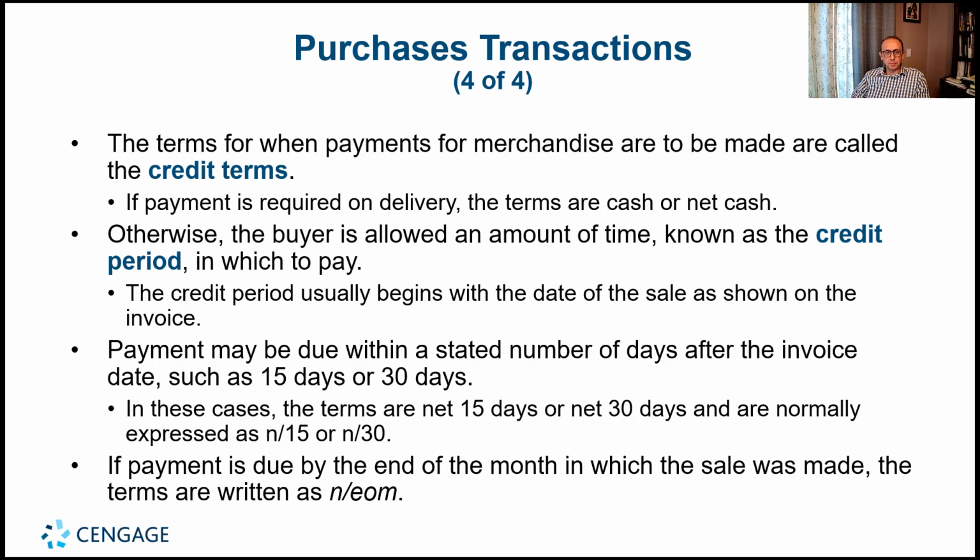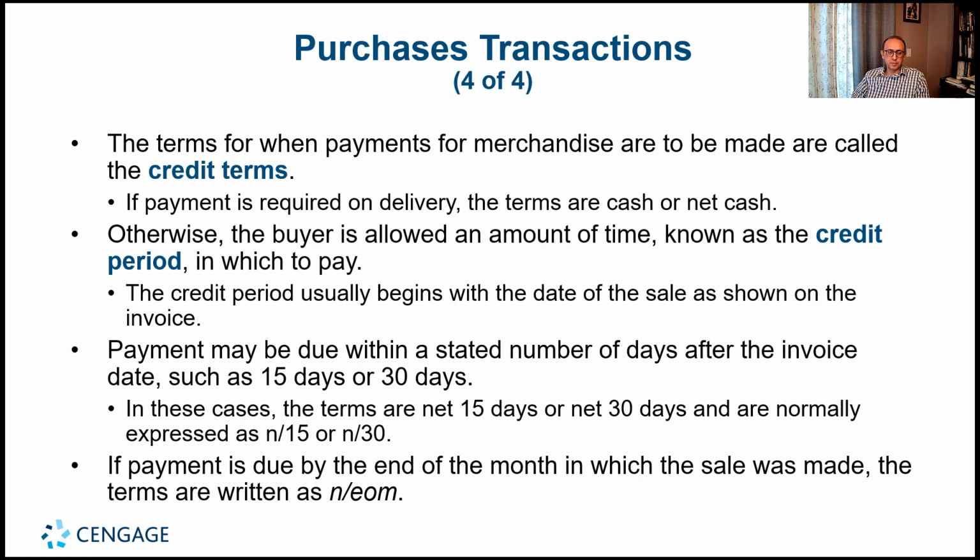Payment is due within a stated number of days after the invoice date, such as 15 days or 30 days. And in these cases, the terms are net 15 days or net 30 days and are normally expressed as N15 or N30. So the N part is the maximum number of days you have to pay the balance